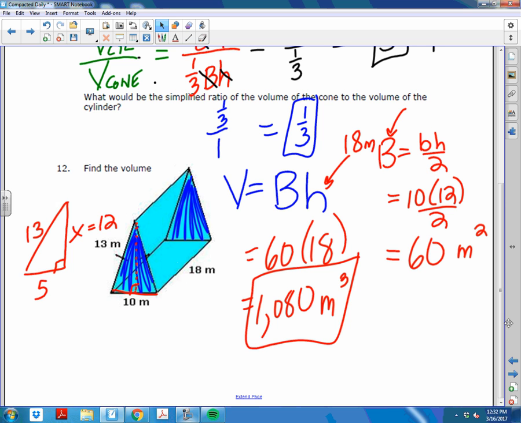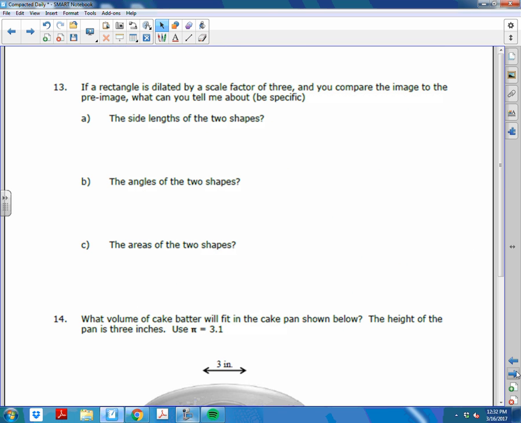All right, last two. If a rectangle is dilated by a scale factor of 3 and you compare the image to the pre-image, what can you tell me about the side lengths of the two shapes? Who's got an option on this one? Brenda, go ahead. The new image will have 3 times longer sides. That's exactly right. The side lengths of the image will be 3 times longer than the corresponding sides